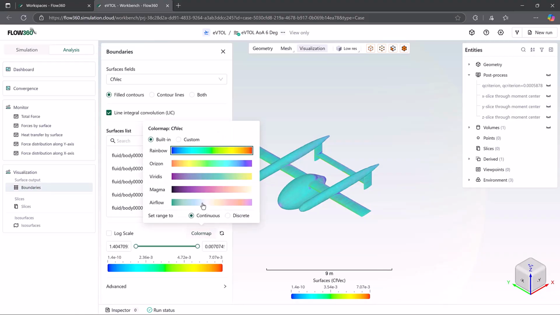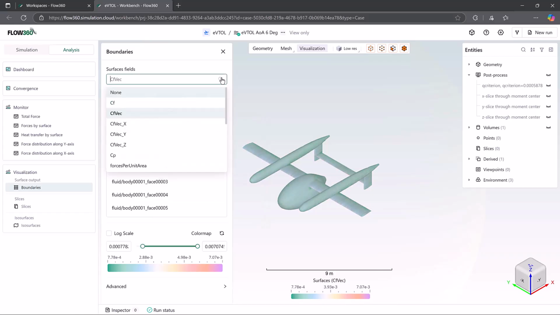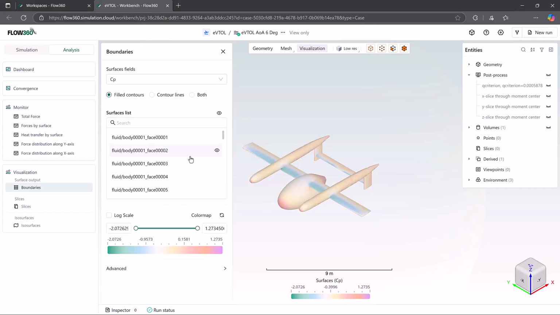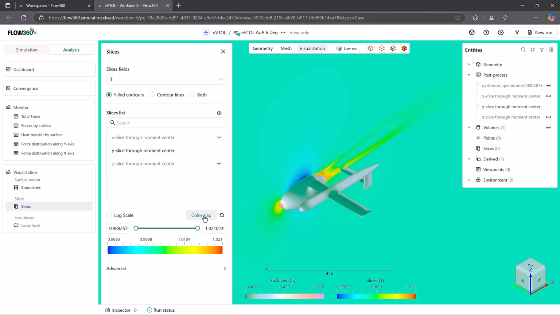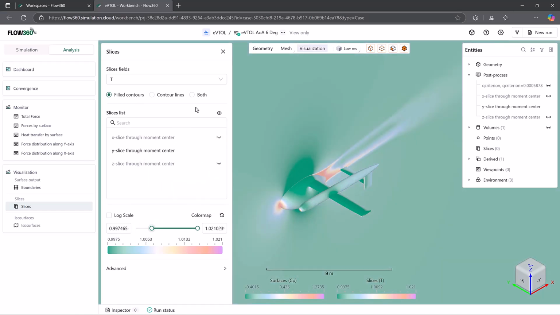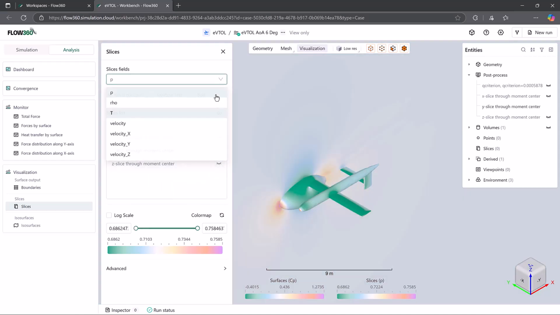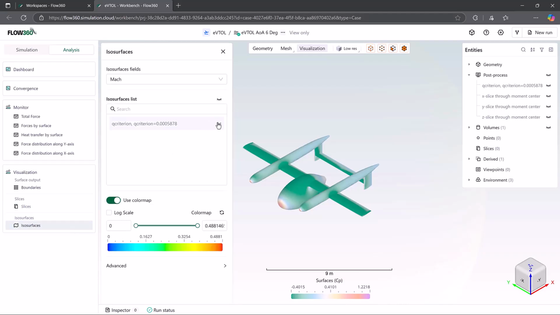For more advanced customization of the results, you can go back to the control panel and select a result. This will open a corresponding panel, where you can adjust the color map, value ranges, and result variables. Multiple components can be shown at one time. In this example, we have a variety of outputs for the surfaces of the aircraft, clips through each major axis,